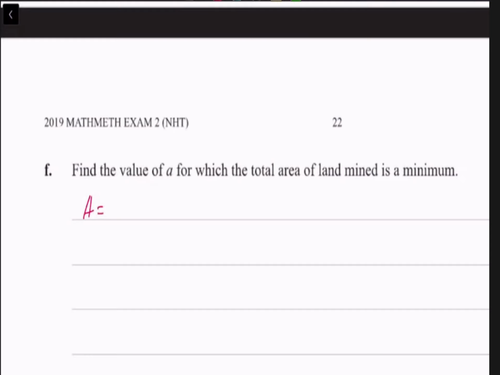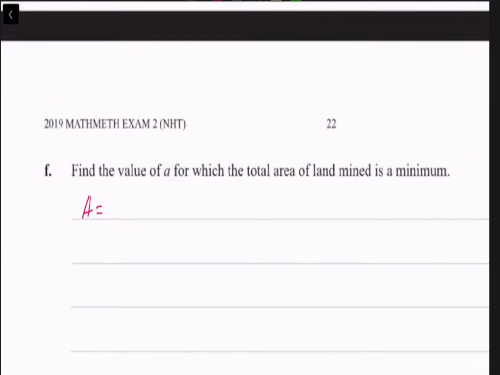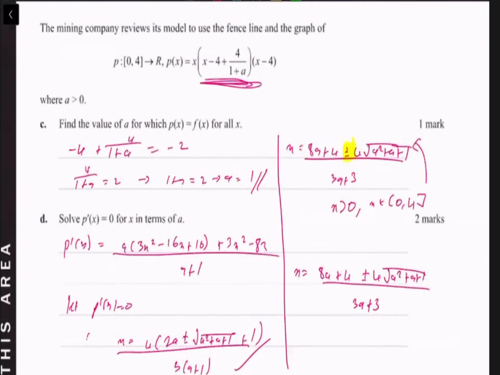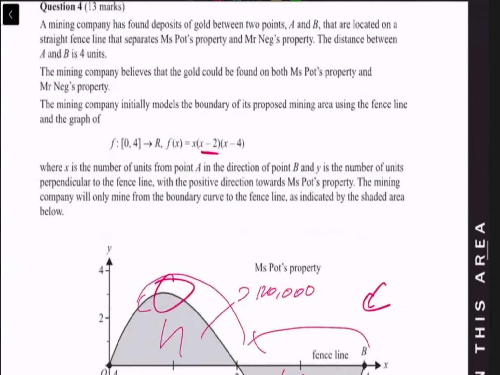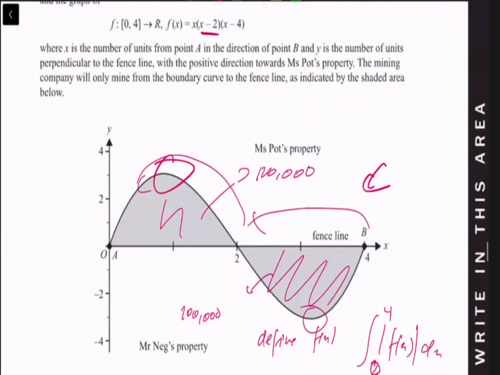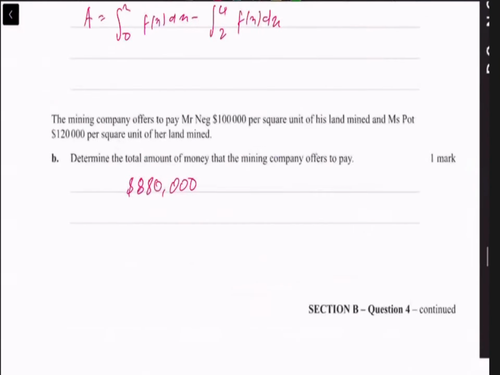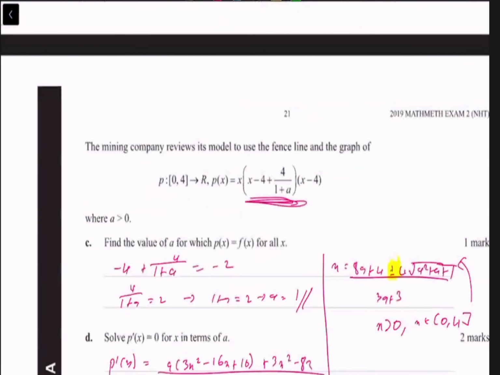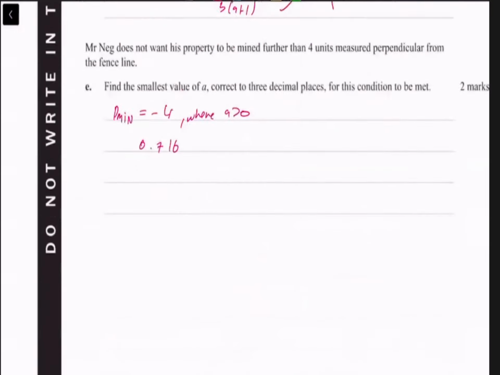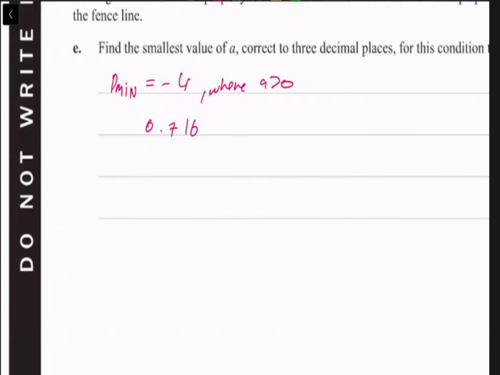So find the a value for which total area mined is a minimum. This is where the mod thing might not work because it might give you more answers than necessary. So you might want to do this by separating the negative part and the positive part. If we base the graph of p(x) on what we know from f(x), we're going to have to find an x-intercept here, and it's going to be when this middle one equals 0. So when the middle one equals 0,